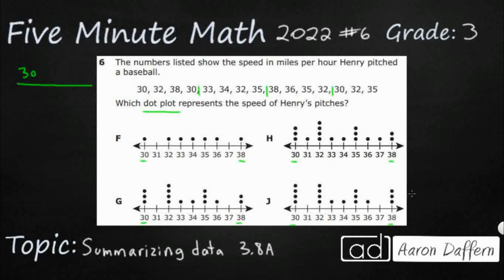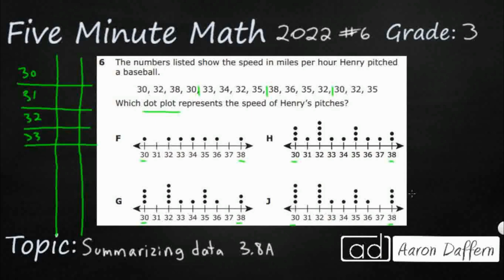I'm just going to make a little tally chart here. And I'll go ahead and put a little frequency table on the end of it. And I'm just going to list 30 up to 38 so I can be very, very sure that I am graphing this data set